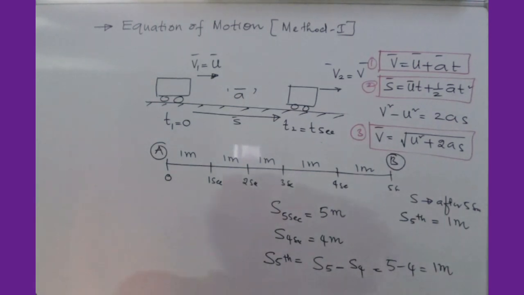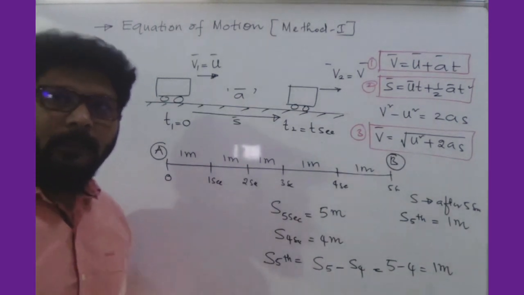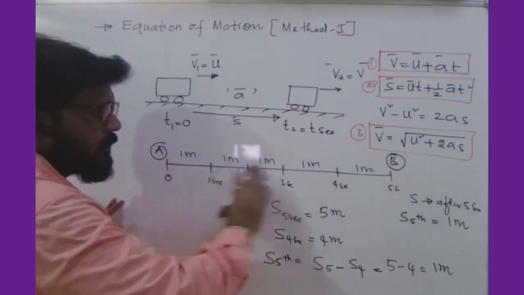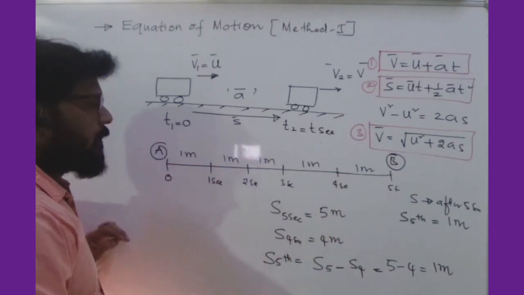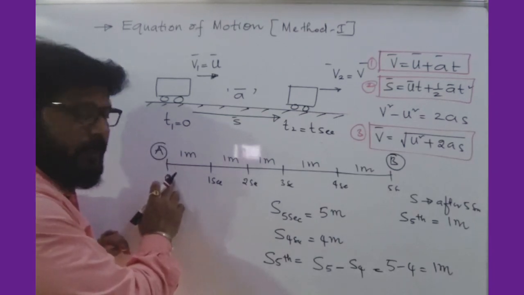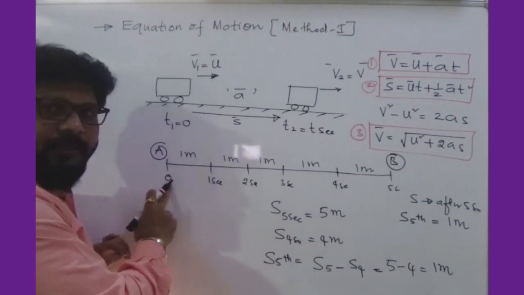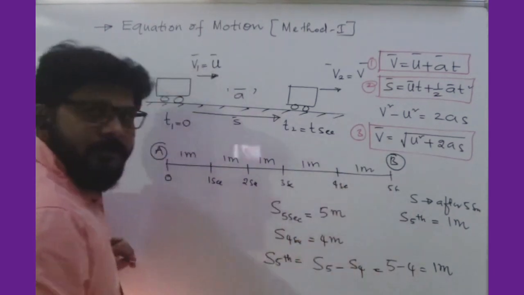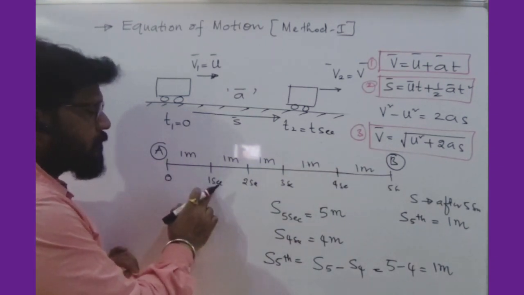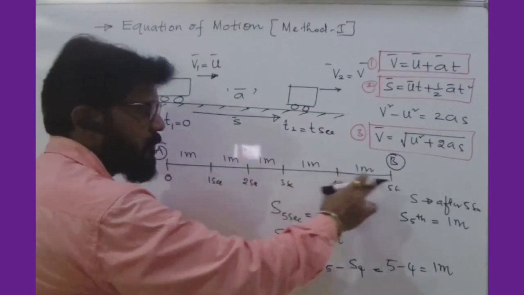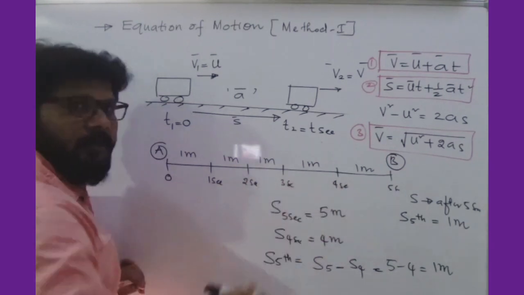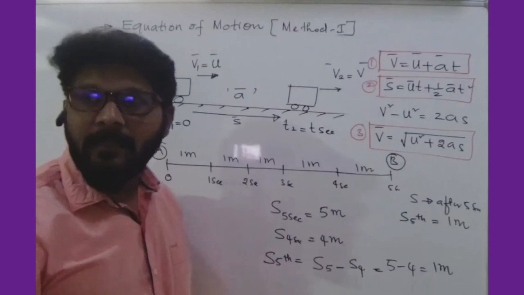Now you can see here, we want to calculate the fourth equation in kinematics. I'll take one example, let us consider a scenario in which I am moving from A towards B. Let me take from the first point to the second point as 1 meter distance, and the person travels 1 meter in each interval of 1 second. Is it clear?